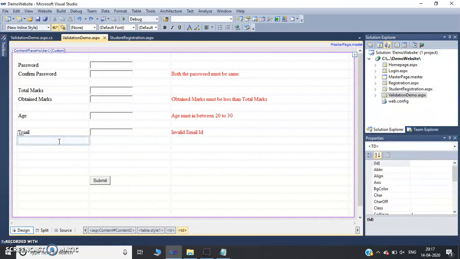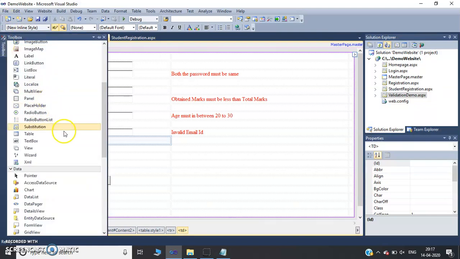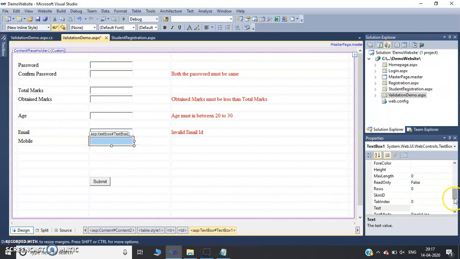I will take mobile number now. As we know, a mobile number must contain only 10 digits. So it should not accept less than 10 characters or more than 10 characters, and these characters must be only digits. So it must accept only digits of 10, or we can say it must accept only 10 digits. So for this,